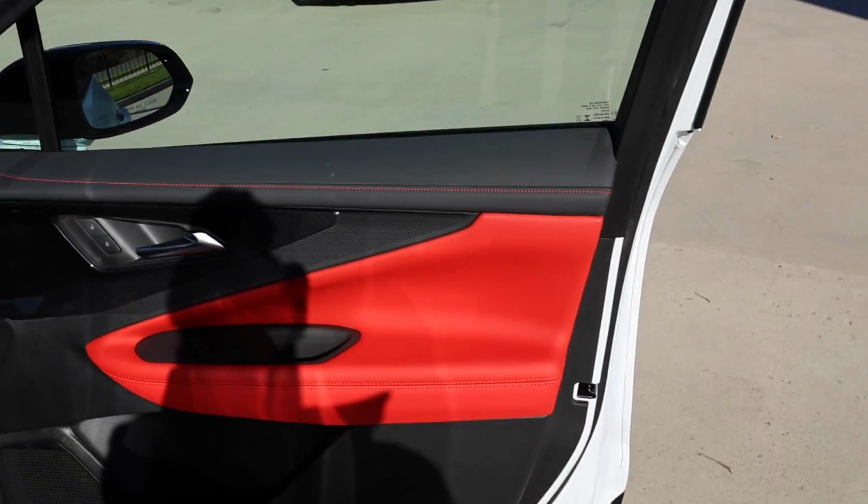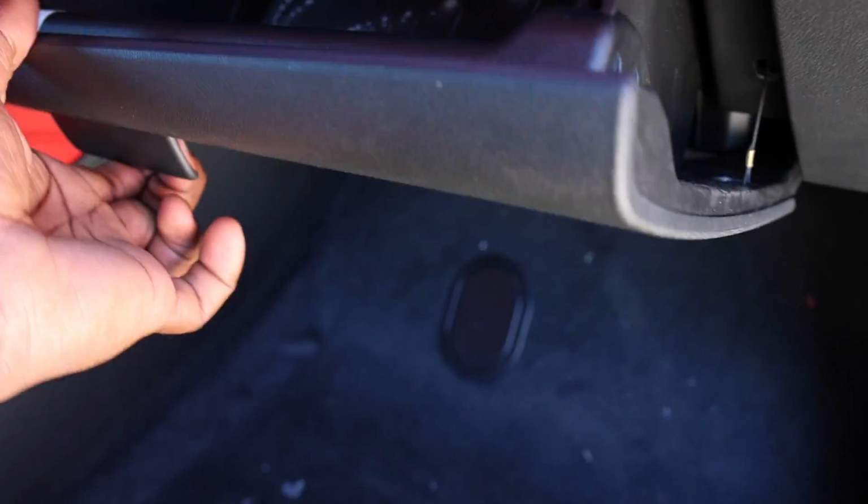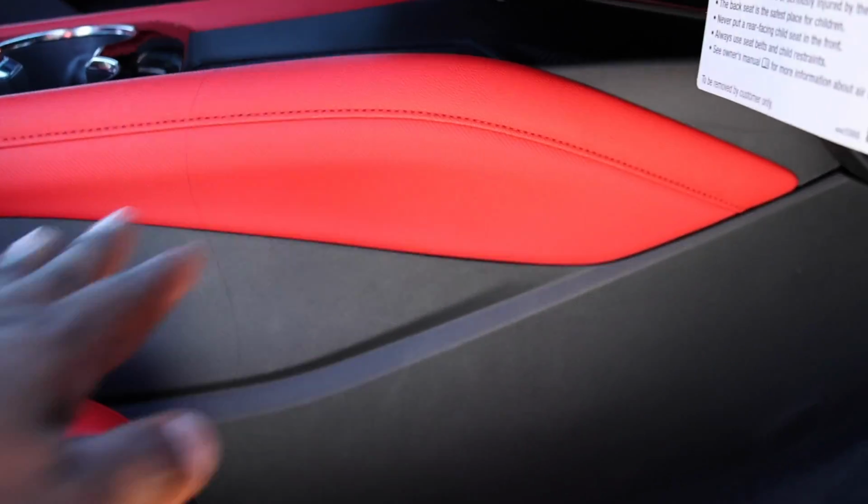So pretty much the same interior design as you saw. Glove box down below. No storage on the side of the seat, which is something I'd like to see, but not a big deal. And these are most likely for service for the batteries. Out back,